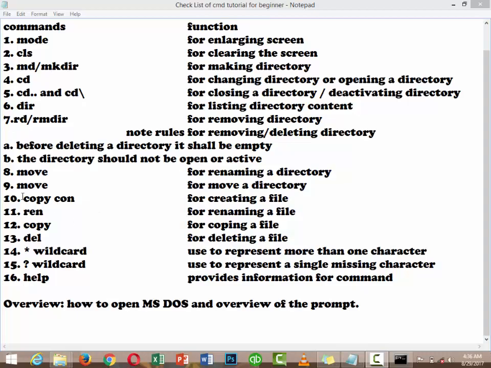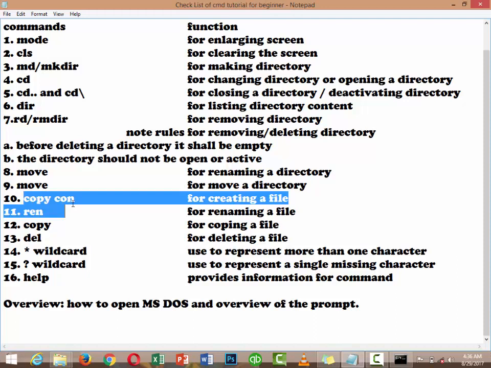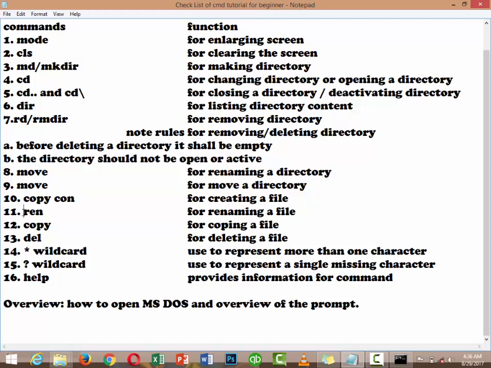Hello, welcome back. Again, my name is Mish Chanchan, and today I'm going to be showing you how to use the copy con command and the rename command, which is for renaming a directory. So this copy con is used to create a file,